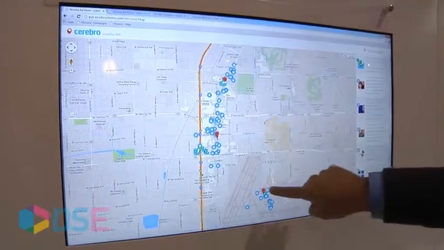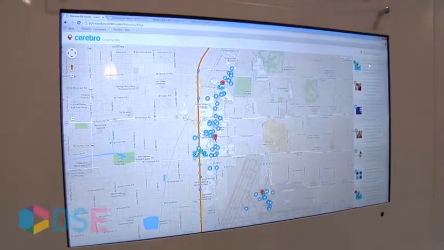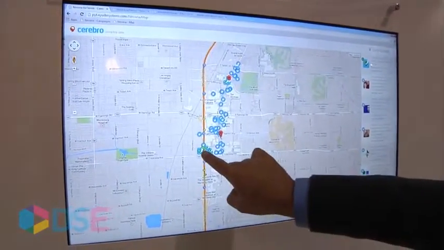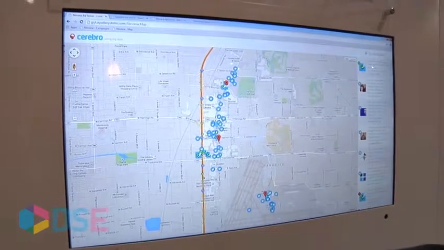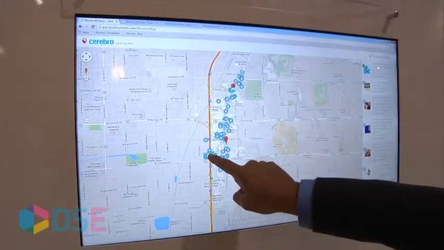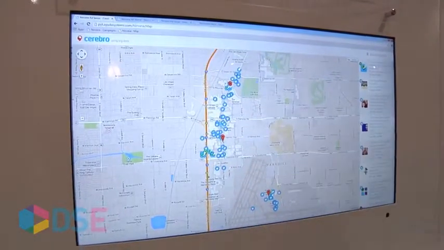These are the 3 push pins that are the 3 billboards that you just saw, and the green push pin, which is right here, is facing the In-N-Out, because that's where the Apple iWatch campaign is running. So Apple iWatch campaign playing here, and these are the other 3 billboards.